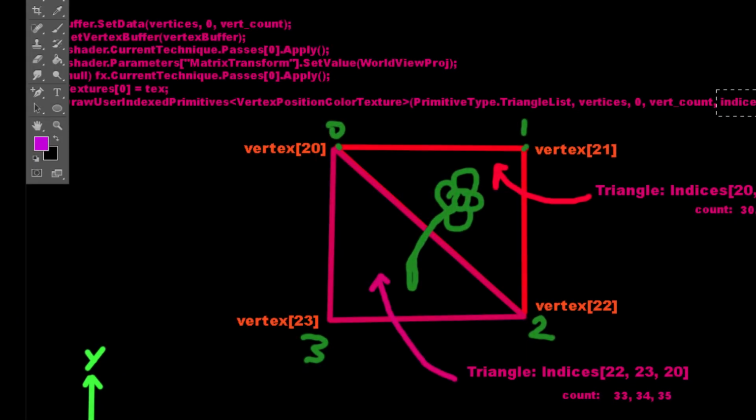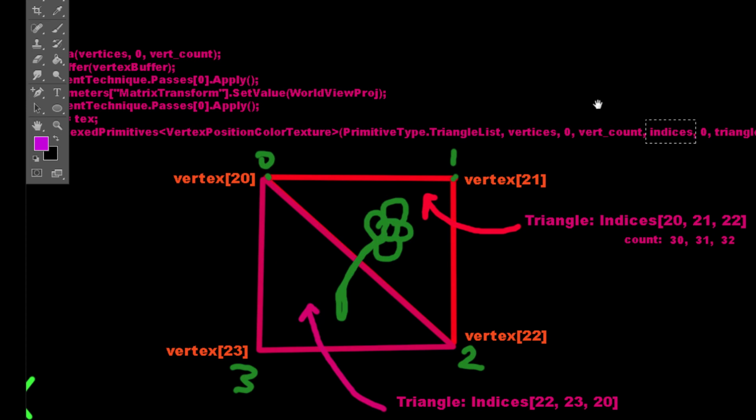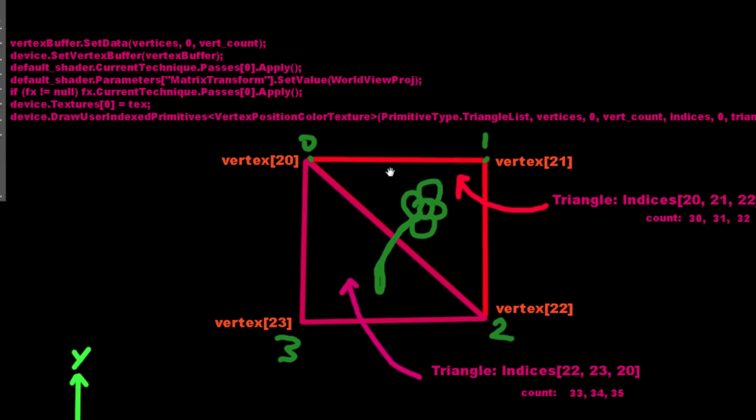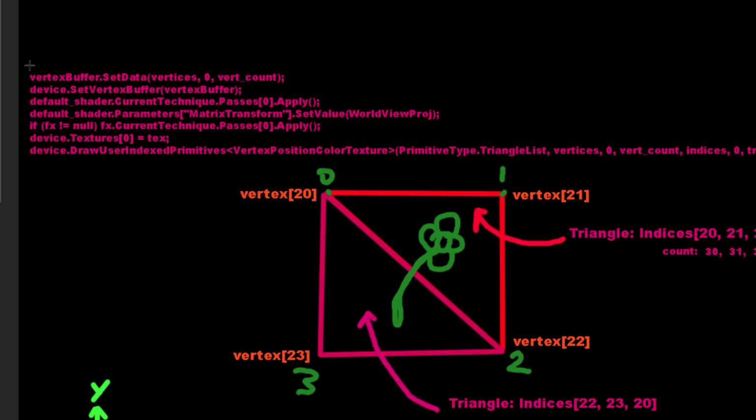Now the indices don't change, so when we call our draw user indexed primitives, we can just pass it indices, and we don't have to set the index buffer because it's already been set. The vertices that we're passing in are the ones that we're actually creating on the fly here, these ones. To put the vertices into the vertex buffer so that everything's kind of locked in memory and ready to be transferred through the bus to the graphics card uninterrupted, we use this vertex buffer.setData, and that can grab these and